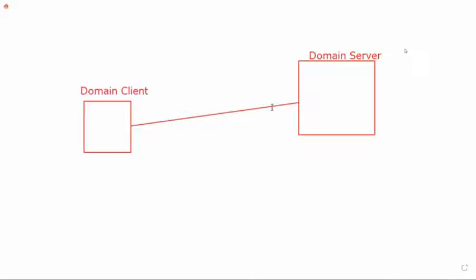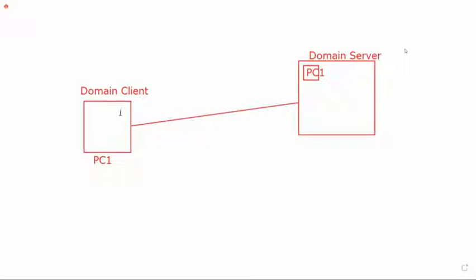You have the server and the client computer. When the client is added to the domain, there will be some kind of computer object which relates to it.